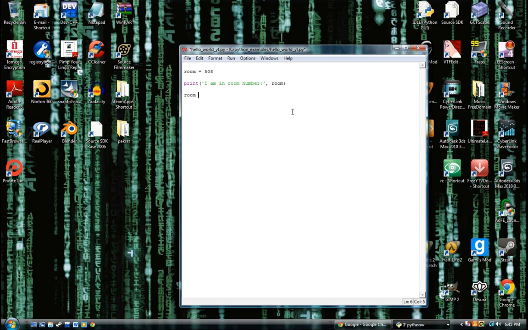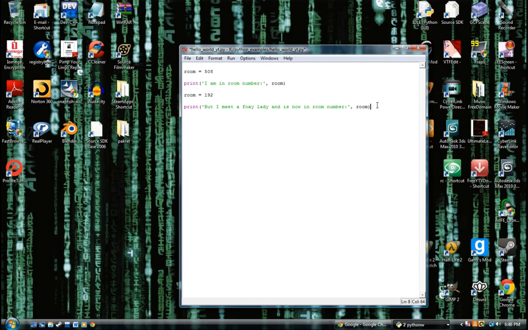go on and say room is now equal to 192. So now I can say print, but I met a foxy lady and is now in room number, quote, and then comma, because now you're stating there's another object that you want to include in here. So string literal first, and then I want to include the variable room again, and then close it with a parentheses. Because you don't want to put quotes around room, because it'll make it a string literal, and you don't want that. So you want it to reference this